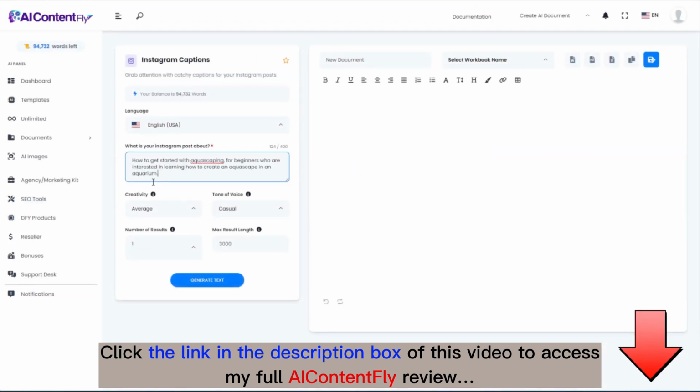And again, not really knowing anything about this topic, I'm just going to say the post should be about how to get started with aquascaping for beginners who are interested in learning how to create an aquascape in an aquarium. Let's generate it. And as you can